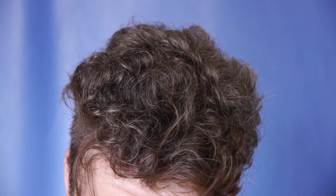Oh, I may have gone a little too high on the cut crease. I will absolutely cop to that. That's my fault. You can't really see the black anymore. I'm gonna take the angled brush. I'm gonna dip back into that black, and I'm just gonna gently try to